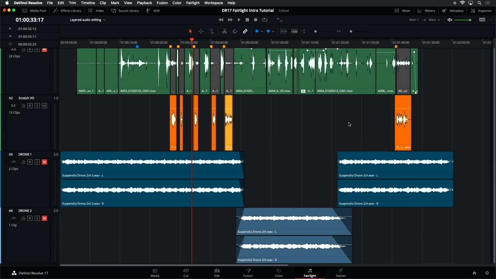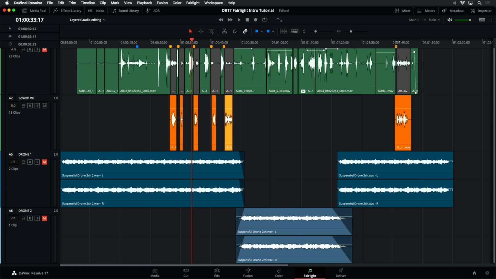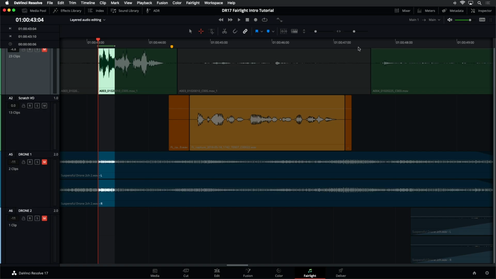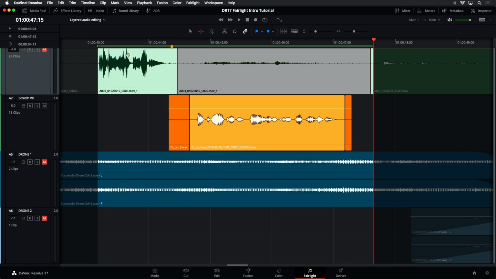So that is the layered audio editing, as well as placing them where they go. And then if I want to decide which take I like the best, I could just come over here. I'll just pick this one that has 3 takes. I'll zoom in on that a little bit. If I want to, I could do loop playback of a range. And if I want to make this really easy, I can also just mark an in point, I for in